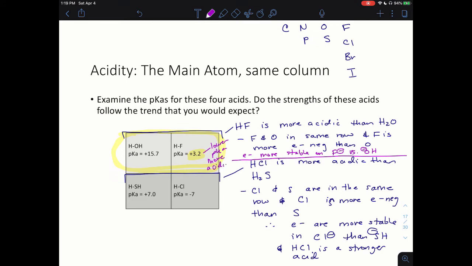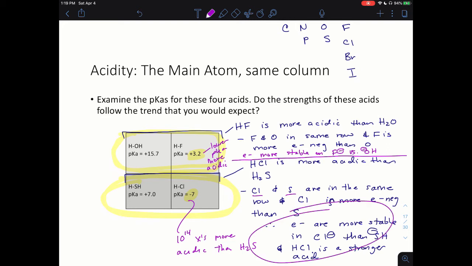All right, so let's take a look at the second entry. So let's look at H2S and hydrochloric acid. So we can see with a much lower pKa, HCl is 10 to the 14 times more acidic than H2S. We can rationalize that as chlorine and sulfur are in the same row. Here they are, have the organic chemist periodic table at the top of the screen. Chlorine is more electronegative than sulfur. Thus, the electrons are more stable in chloride than in thiolate, which is the name for SH minus. And so HCl is a stronger acid